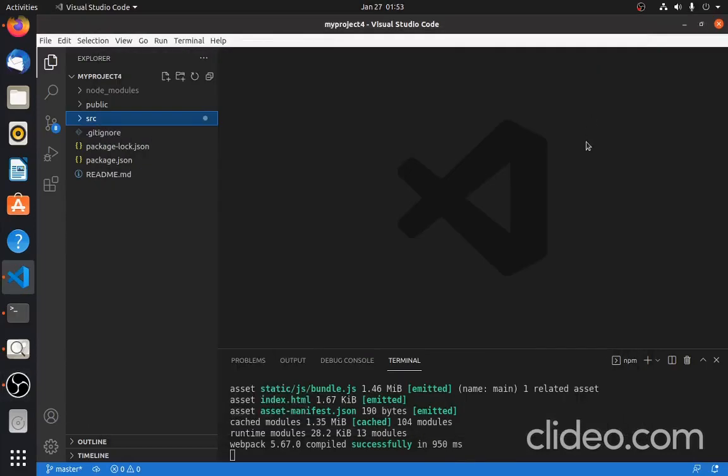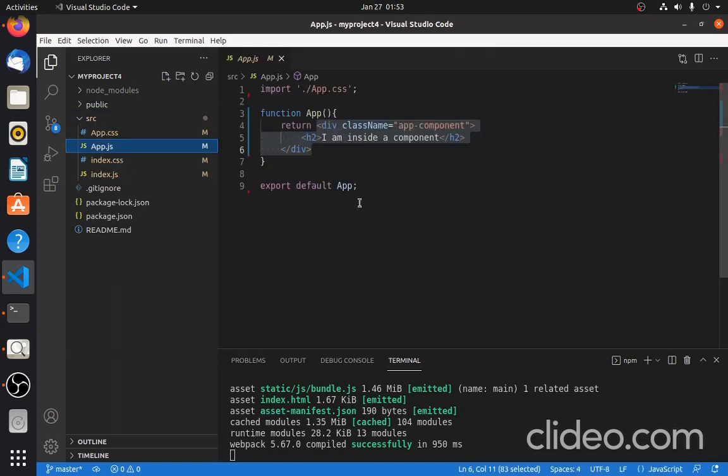Hello everyone. In the last video we discussed the concept of using a component in a React application. So what is a component? It is kind of a JavaScript function. If we follow the example that we did in the last video, this app.js was a component that was